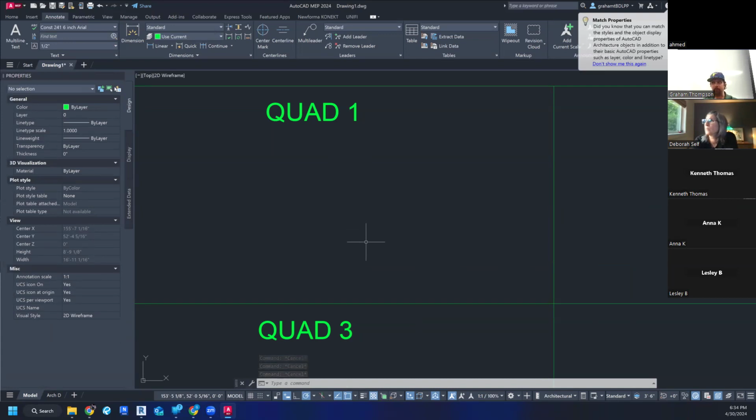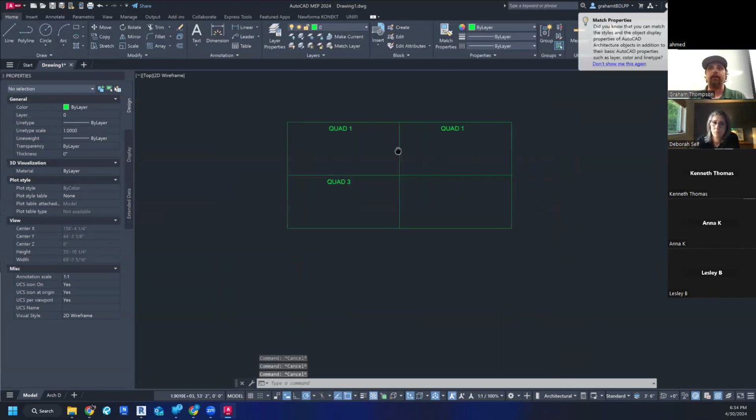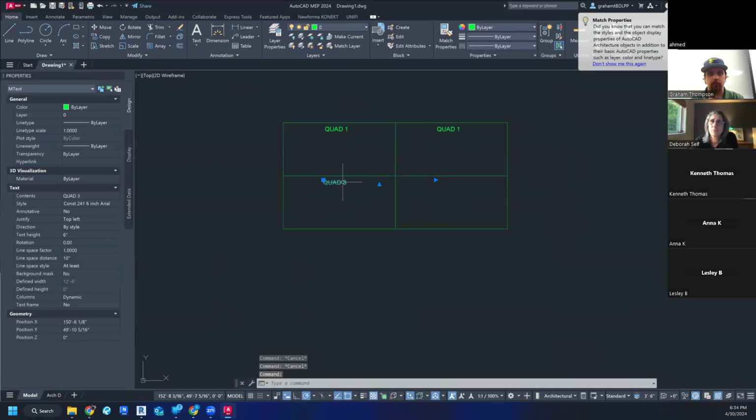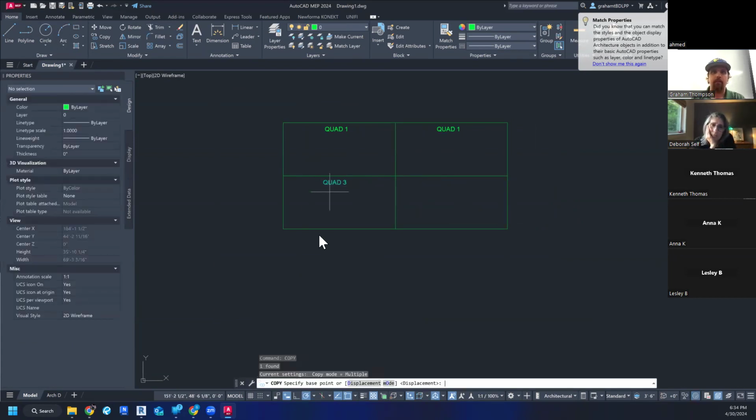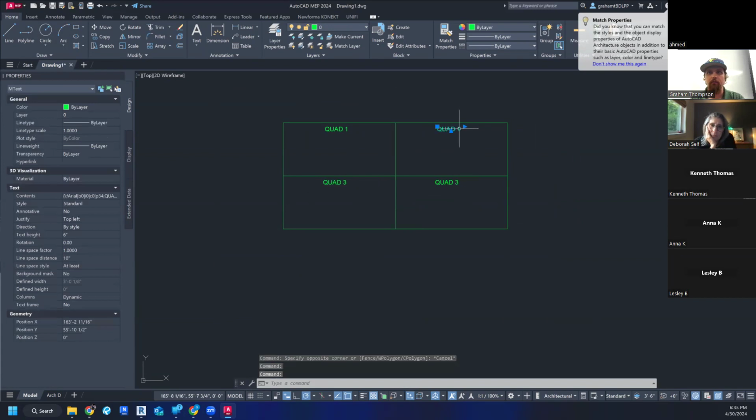If you want to match another piece of text with a different piece of text, select the text you want to match first, then what you want to match. So definitely a cool tool. And then last but not least, let's go ahead and just copy this one over. And I'll just copy from this base point to here. And I'll rename both of these ones from quad 1,